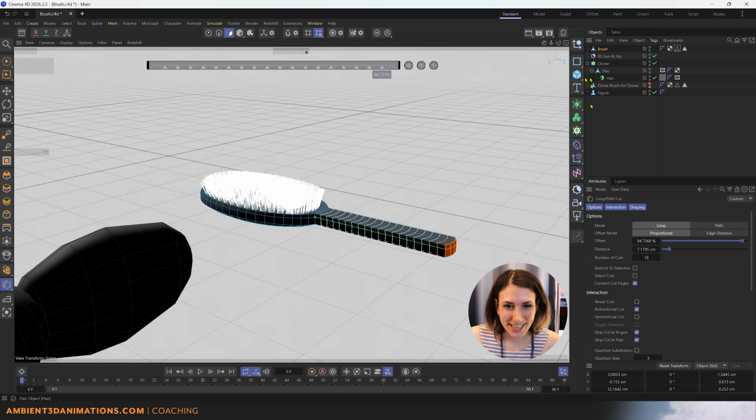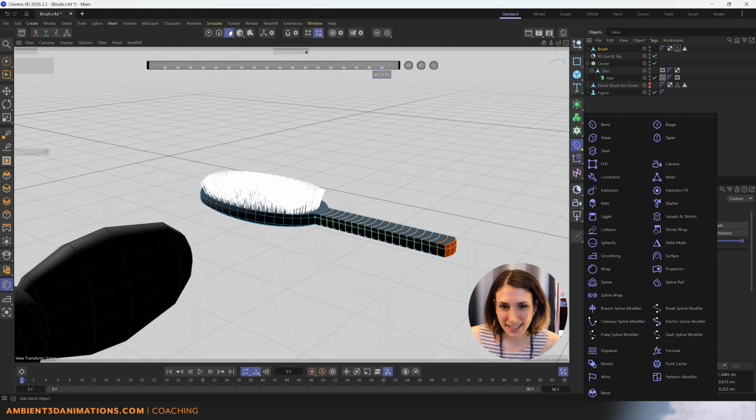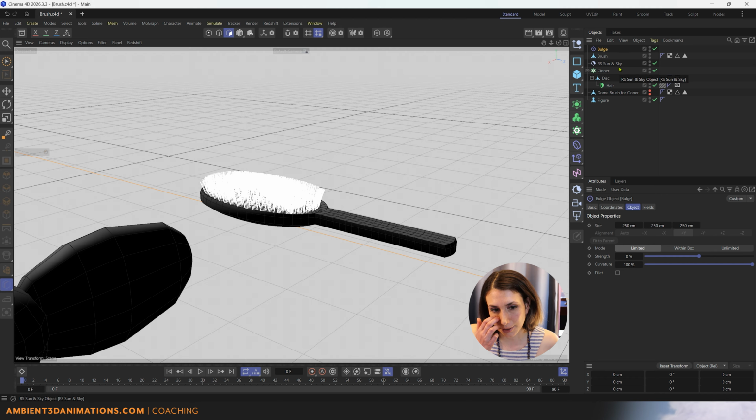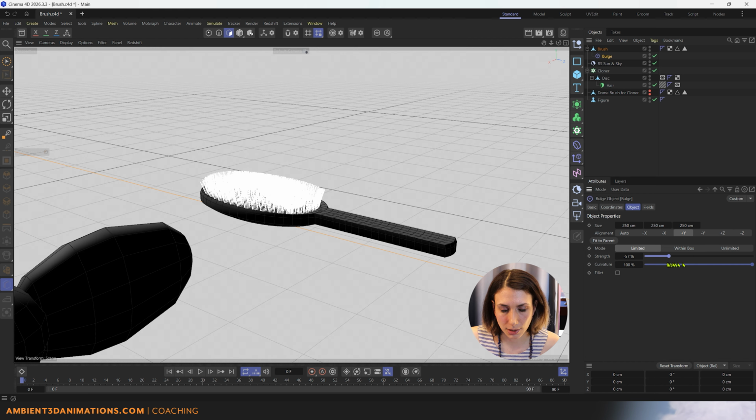And now we can go ahead and add in one of these here. Now we could add in a spherify in order to adjust its shape. We can use something called the bulge deformer, and I'll go ahead and click on that, and we can put this within the hierarchy of our brush. Okay, and right now the strength is at 0, but if I increase it,